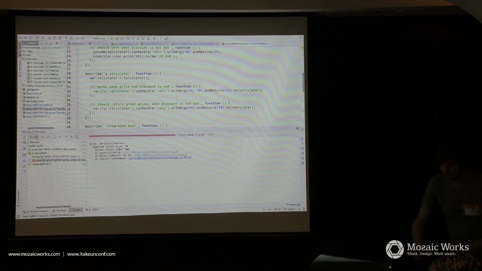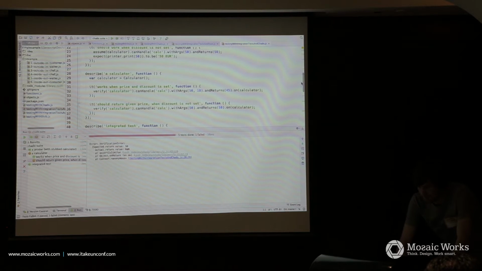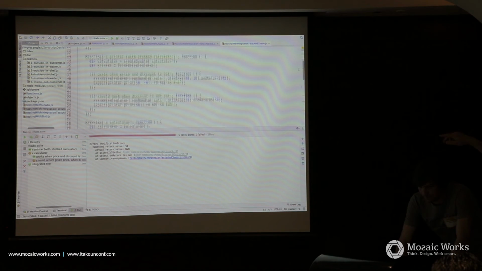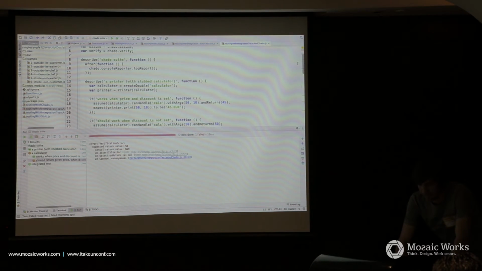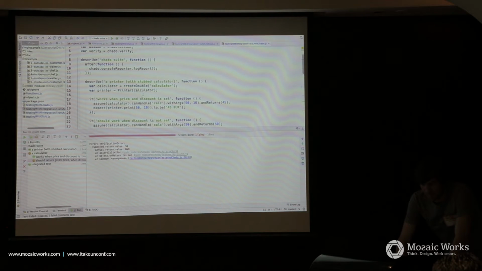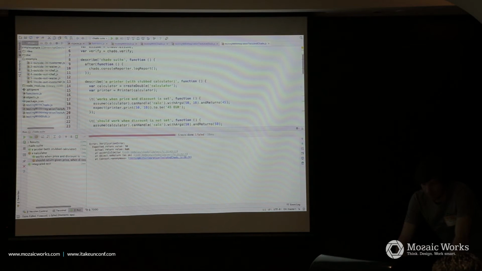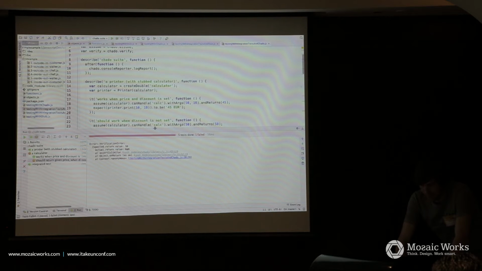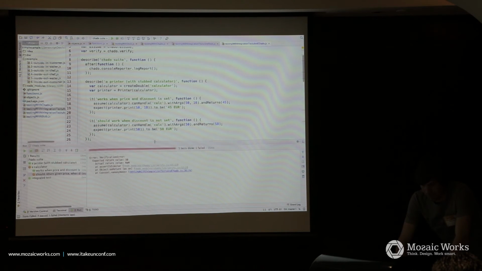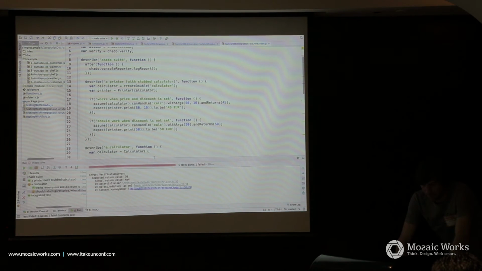So what we did is in the printer, here in the printer we have 2 tests, one with 2 arguments and one with 1 argument. And then we were stubbing the collaborators, which is the calculator, and everything was fine.